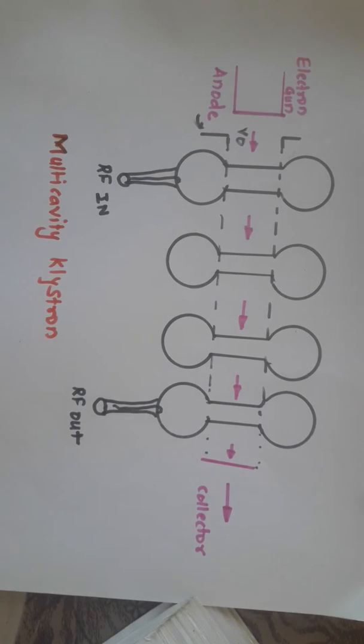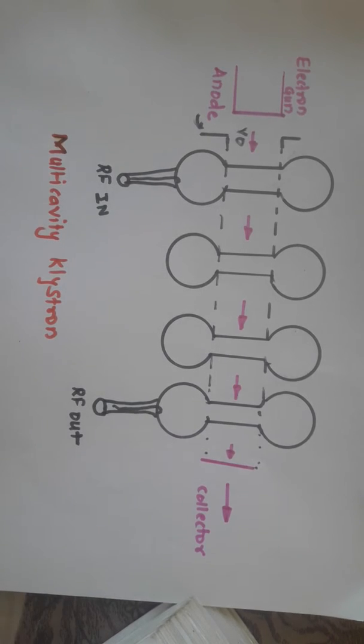So, dear students, today we are going to discuss the multi-cavity klystron here. In our previous lecture, we discussed the two-cavity klystron. In that two-cavity klystron, we discussed that there is a buncher cavity and a catcher cavity, and how the amplification of the signal takes place, and how microwaves are generated with the help of two-cavity klystrons. Right. So, we already studied the case of the early electron, reference electron, and the late electron, and we already discussed the bunching process which takes place within the drift space between the buncher cavity and the catcher cavity.